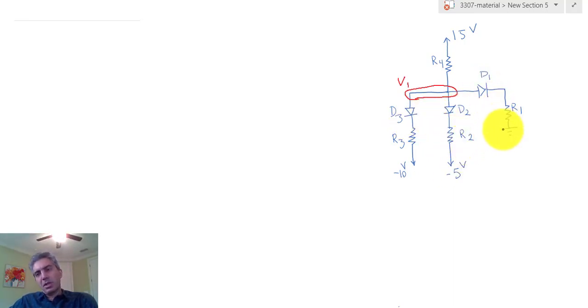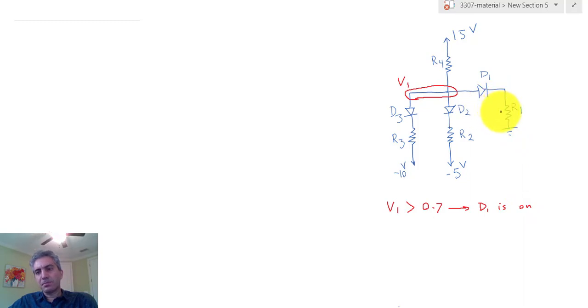Now, for D1, the cathode end of the diode is connected to ground through a resistor. And what that means is that if V1 is anything above the turn-on voltage of D1, then D1 is on. In other words, if V1 is greater than 0.7, that guarantees that D1 is on. Let's again